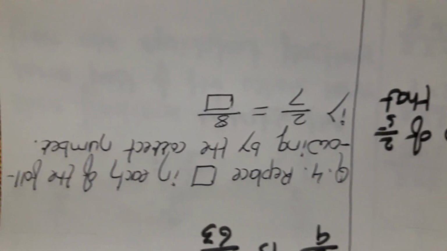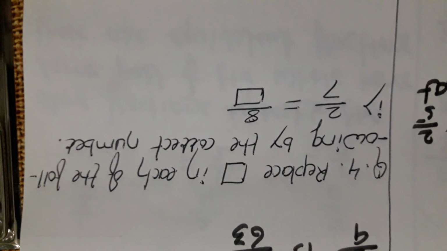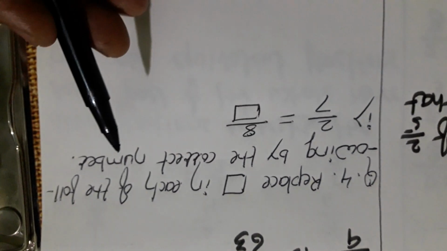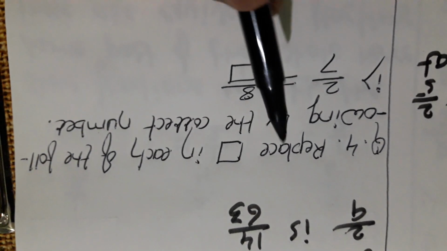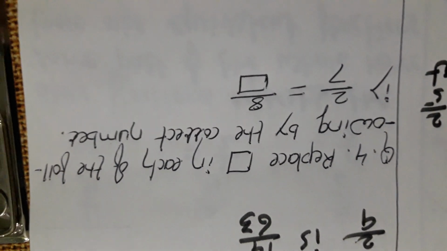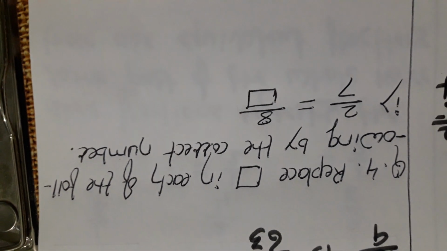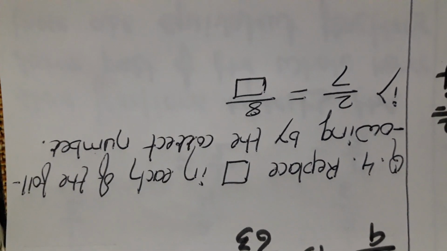Little small changes are there in the other type. Same type means same procedure is there, but while asking the question they are changing the instruction. There are small changes in the instruction, nothing else. Which changes are there? See here. Now the previous instruction was find the equivalent fraction whose numerator is like that, whose denominator is like that. But here what is asked?